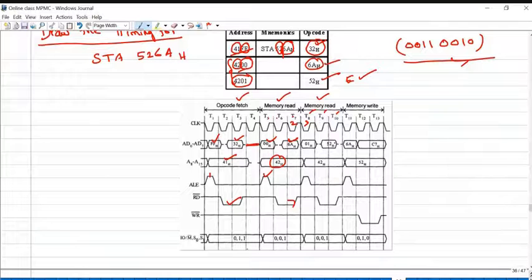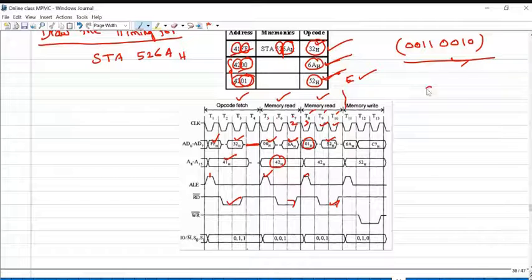Okay. And next machine cycle, again ALE will be high. So this 01 is placed on AD0 to AD7. Then next 2 clock pulses, your read bar signal will be activated. So the 5 2 information will be placed on your data bus. So up to this: opcode fetch, reading the lower order address information from the memory, reading the higher order address information from the memory. So memory read, memory read.